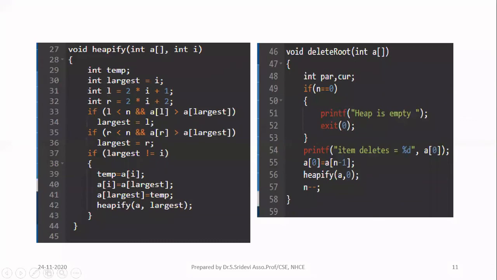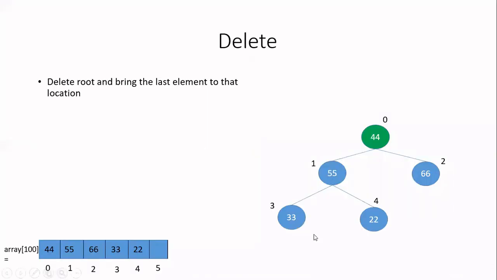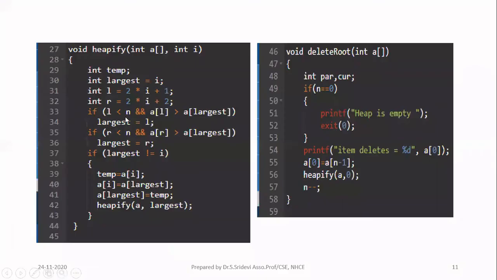Suppose my root node is the last node. Suppose I have reached here, this is my root node. I want to compare this root node with its children, but it is not having any children. How will I know that? For that only I am writing the first condition. The first condition is if your left is less than n. That means you have some children available, till the end of the array is reached.